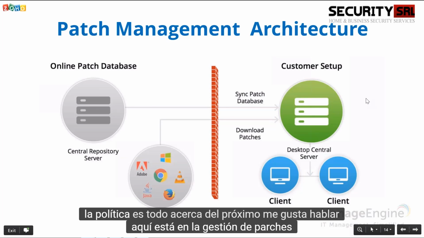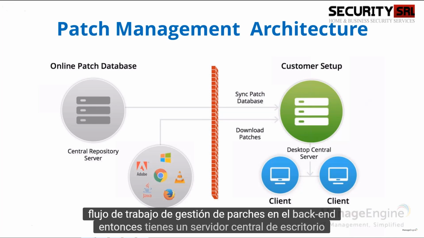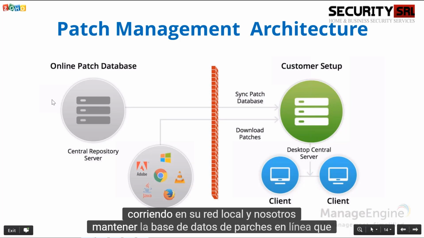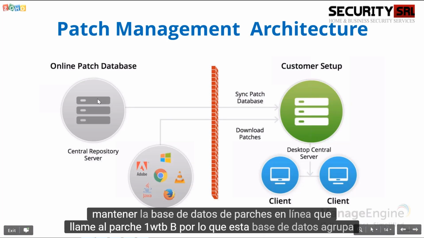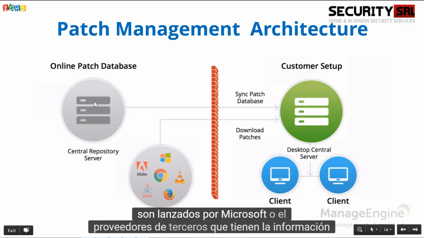Next, I'd like to talk about the patch management architecture. So what happens in the patch management workflow in the back end? You'll have a DesktopCentral server running in your local network, and we maintain an online patch database, which we call the Patch Vulnerability DB. So this database contains all the information